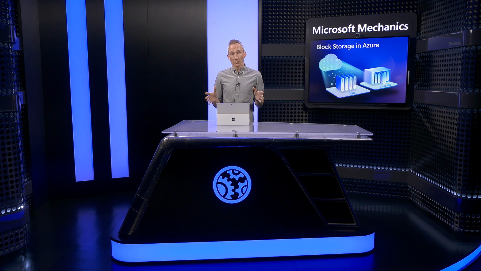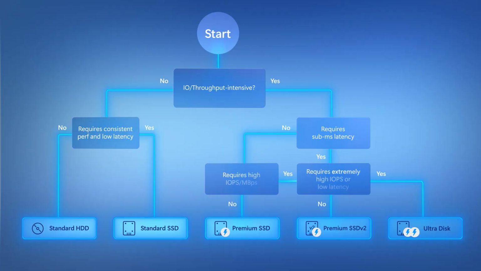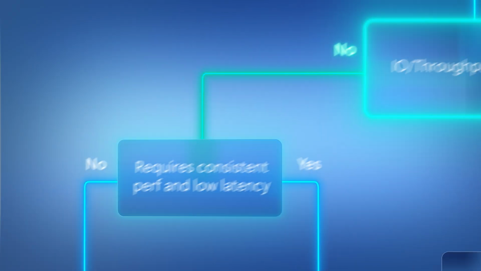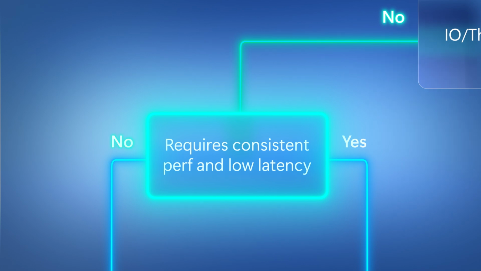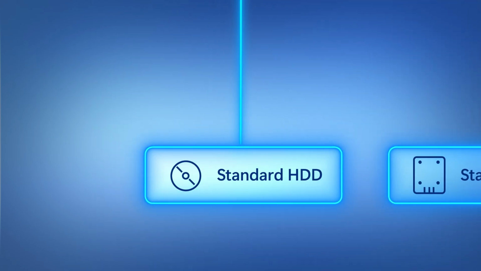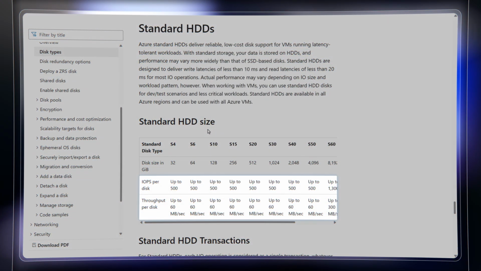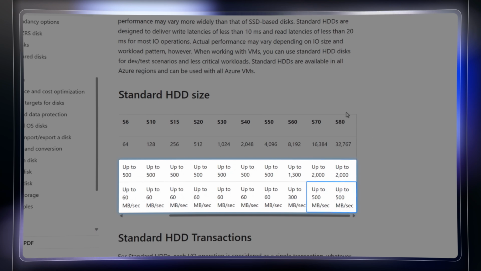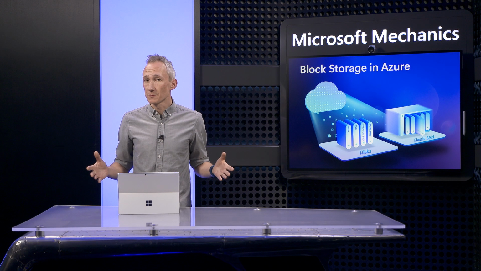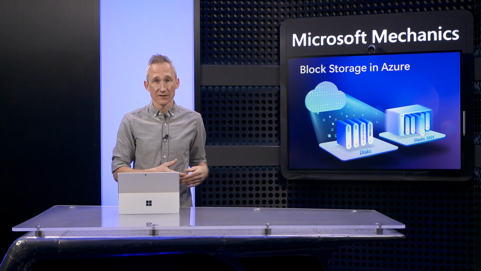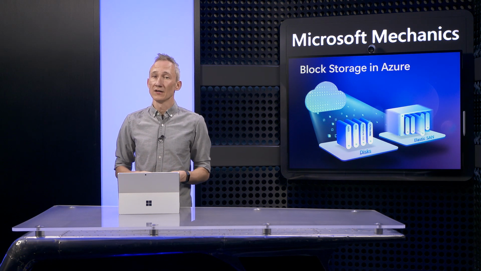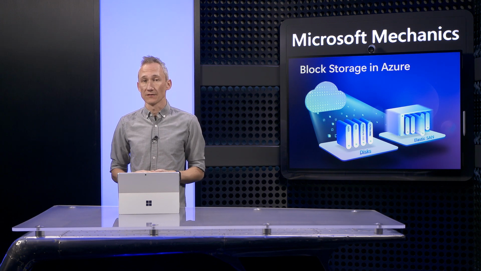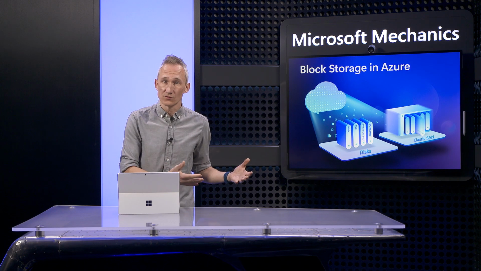I began by explaining the options for your production level and mission critical workloads, but of course there are lower cost storage options for workloads that don't require stringent SLAs. Now, where your IOPS and throughput requirements are less demanding and consistent performance and low latency isn't an issue, standard HDD is going to be the most cost efficient and inexpensive option. Here, IOPS and throughput are variable, with up to ranges that max out at 2000 IOPS and 500 megabytes per second in throughput. This option is best where your workloads don't require frequent data access, as write latencies are under 10 milliseconds, while read latencies are under 20 milliseconds. This, for example, may work great for a dev test or backup workload.